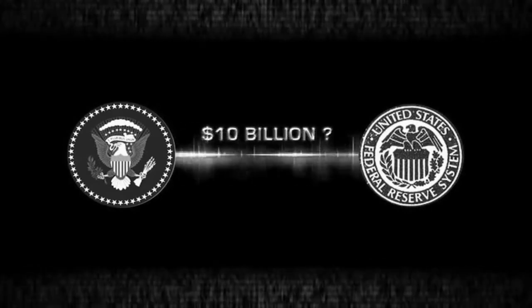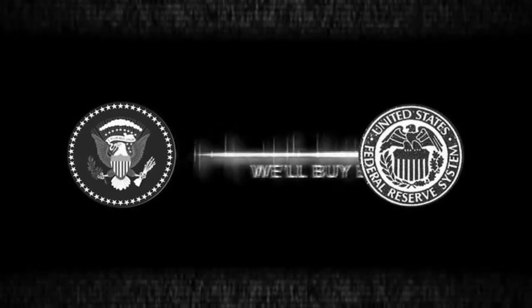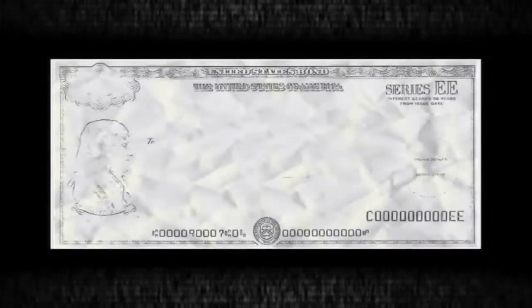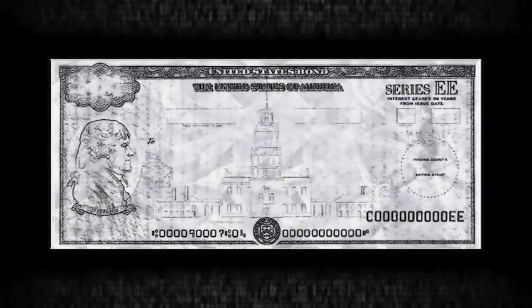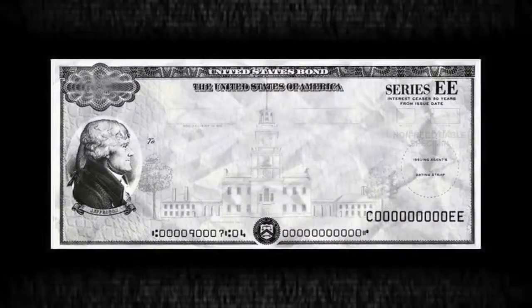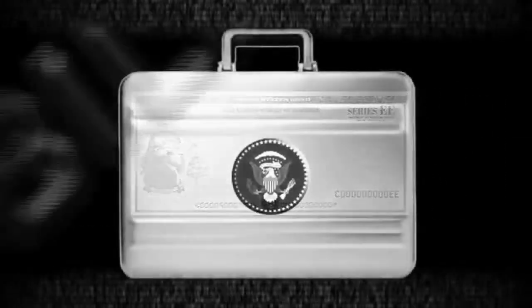It then proceeds to describe this fractional reserve process through various banking terminology, a translation of which goes something like this. The United States government decides it needs some money, so it calls up the Federal Reserve and requests, say, $10 billion. The Fed replies saying, sure, we'll buy $10 billion in government bonds from you. So the government takes some pieces of paper, paints some official-looking designs on them, and calls them treasury bonds. Then it puts a value on these bonds to the sum of $10 billion and sends them over to the